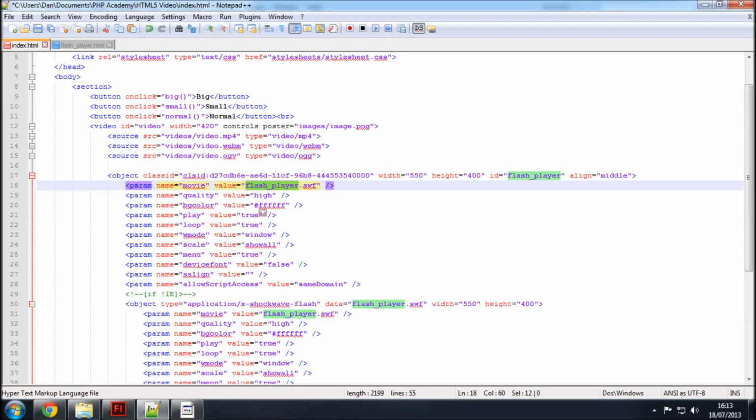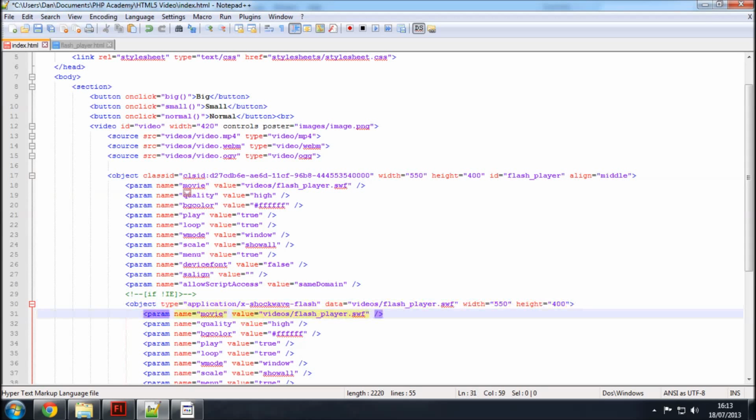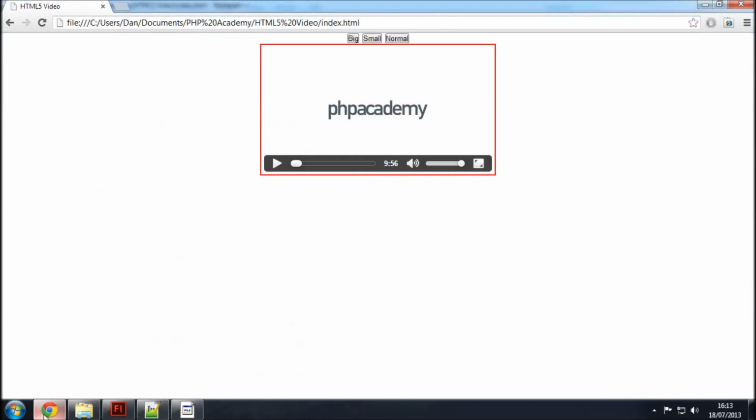So literally just behind these, you want to either write videos/ or paste in the directory here prior to this file. You're going to want to do this in all 3 instances. Like I say, this object ID, it's not necessary that you do that, but as long as now we've sorted that out. So if I save this index file, what should happen